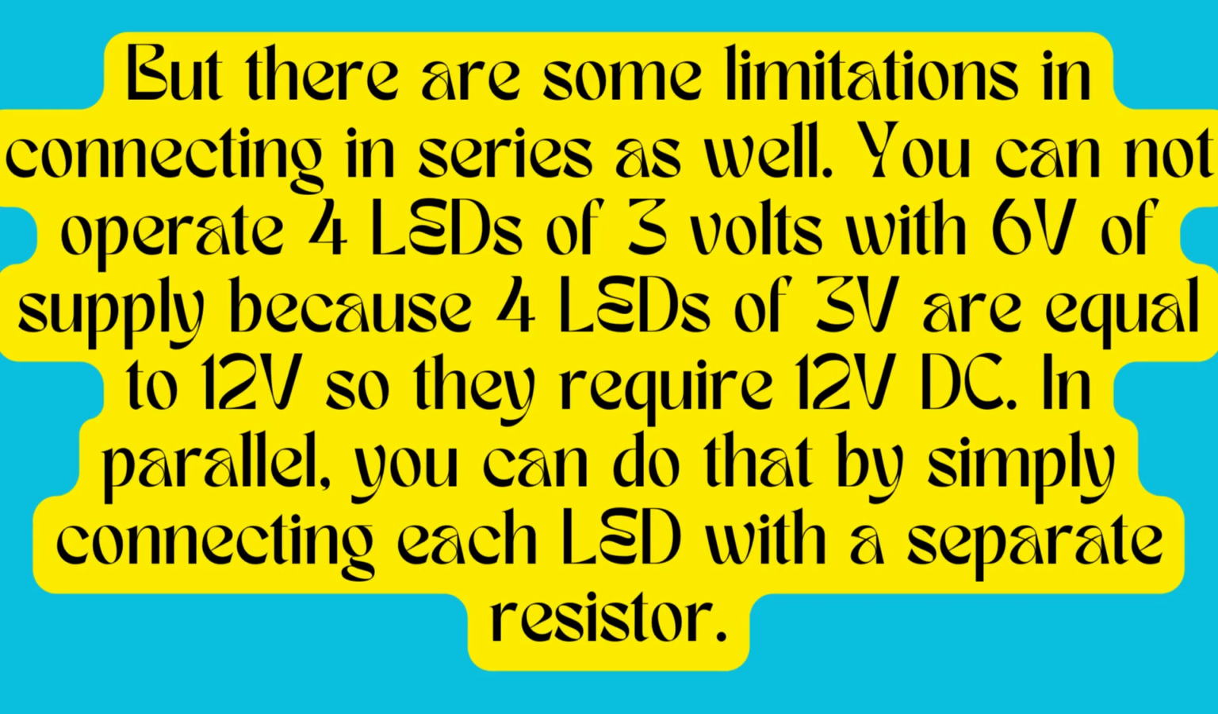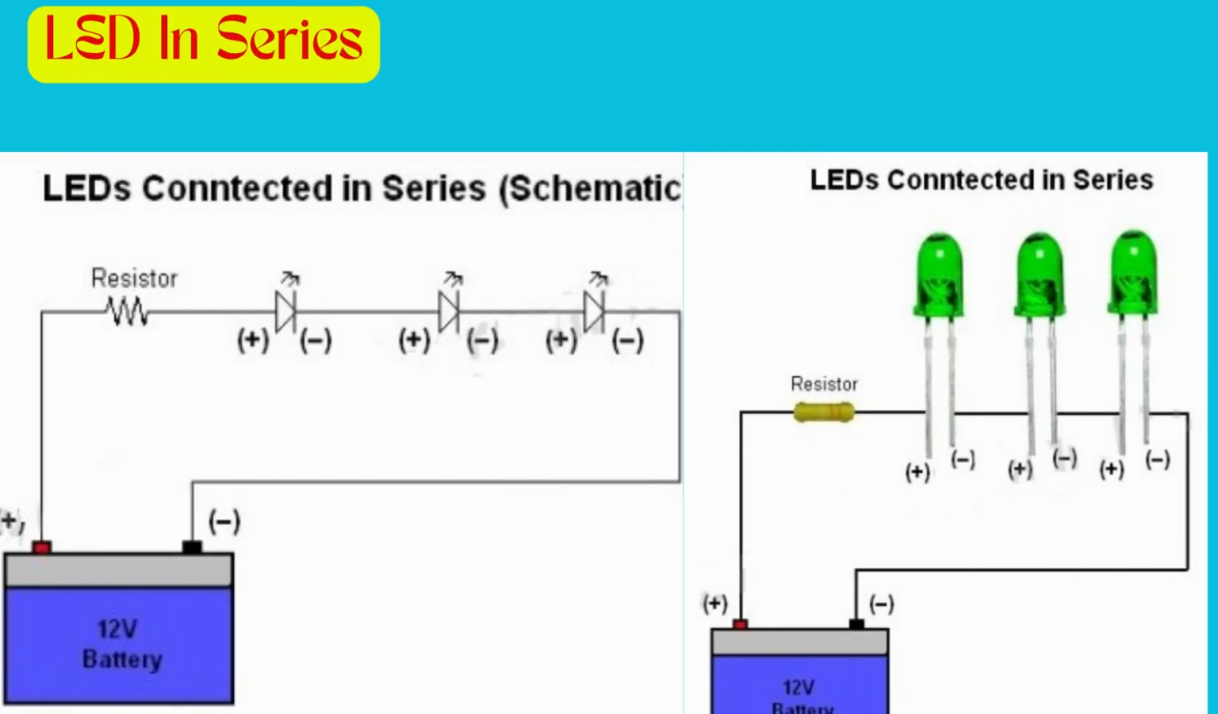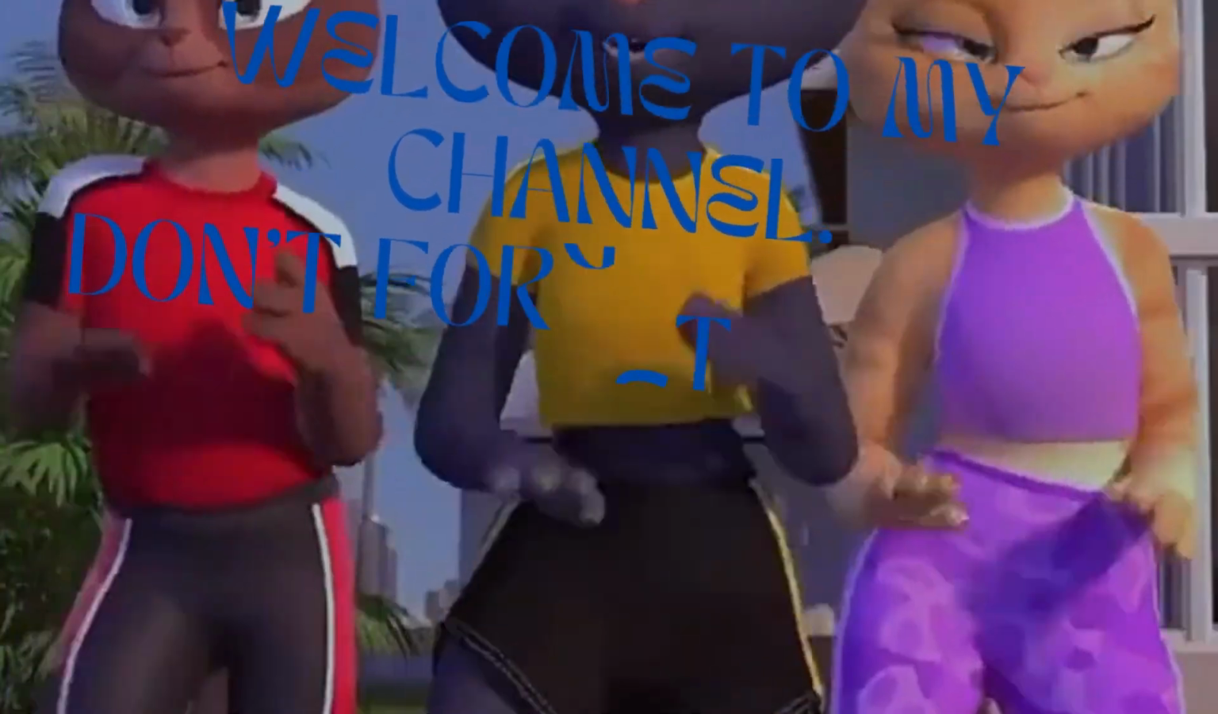But there are some limitations in connecting in series as well. You cannot operate 4 LEDs of 3 volts with a 6V supply, because 4 LEDs of 3V are equal to 12V, so they require 12V DC. In parallel, you can do that by simply connecting